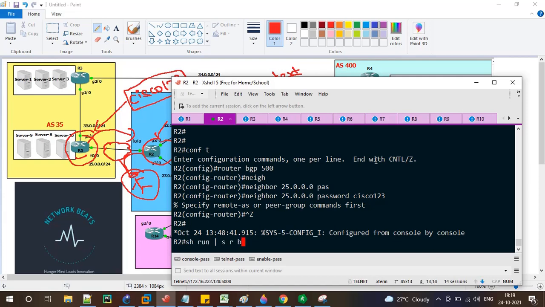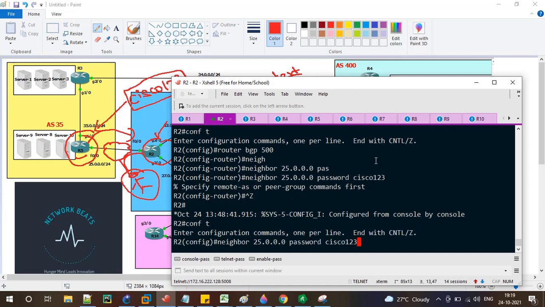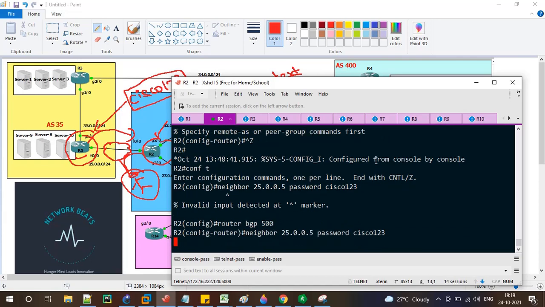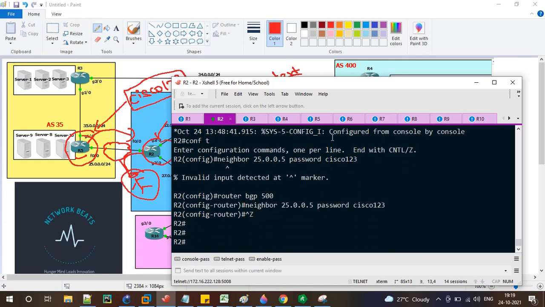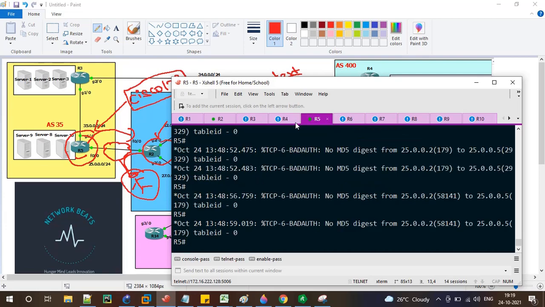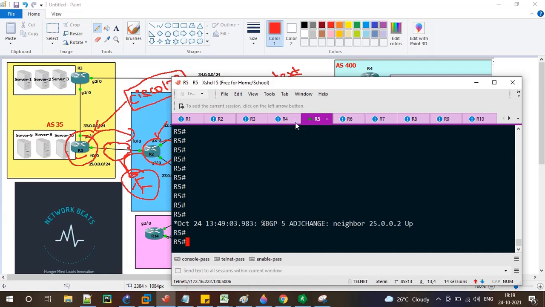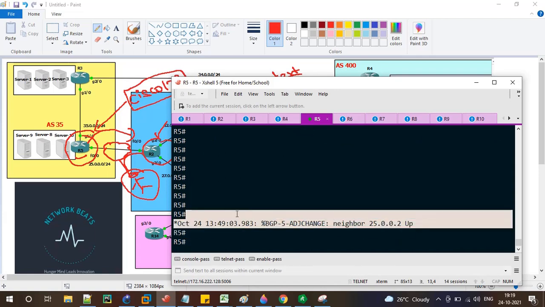Oh, sorry, there is a typo. It is neighbor 5.5.5.5, and the password Cisco123, not bgp, neighbor password. That's it. Go to router 5 now. We won't be seeing those messages now, and our BGP neighborship will come up shortly. Yes, it is up.